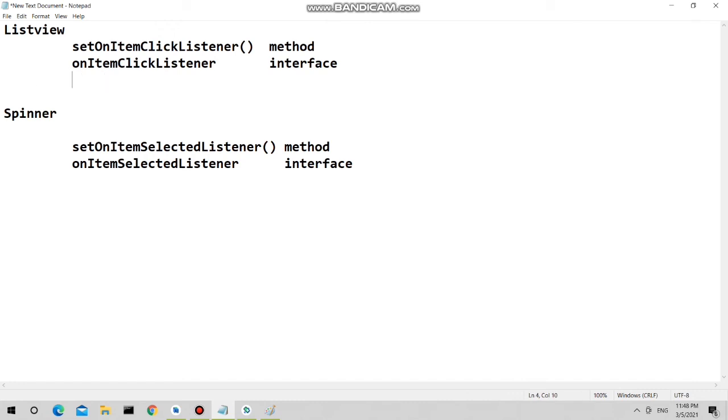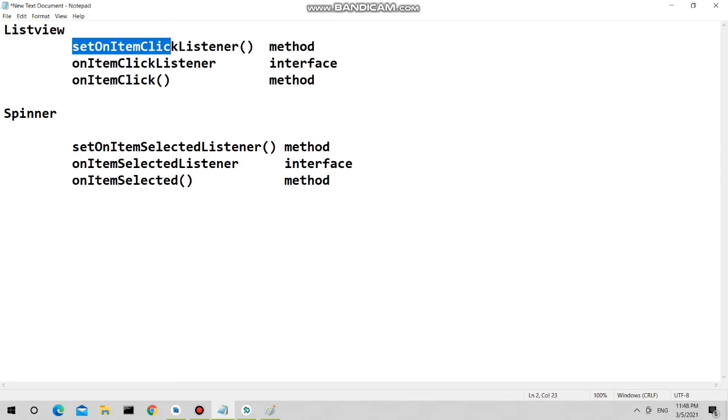Third thing is event handling method. So you can compare this list view requires set on item click listener method to set the on item click listener, and whenever the item of list view is clicked, then on item click method is invoked.